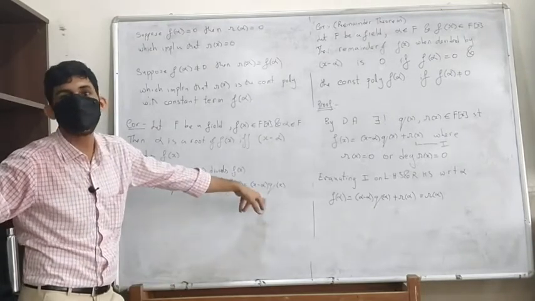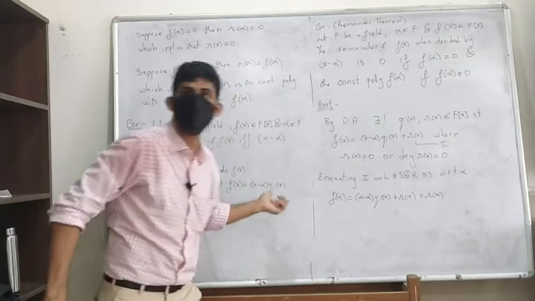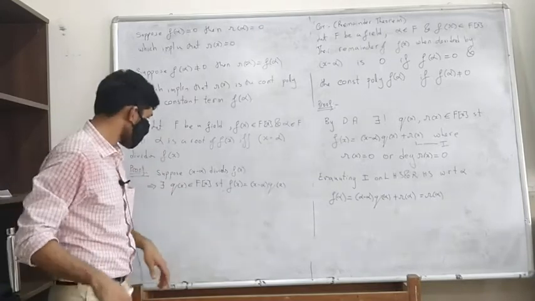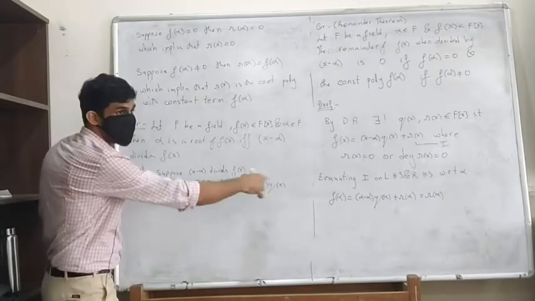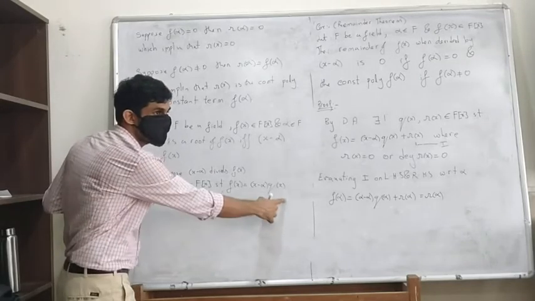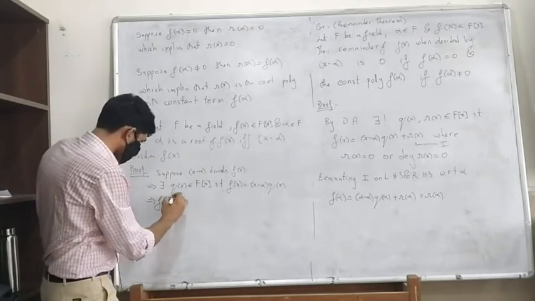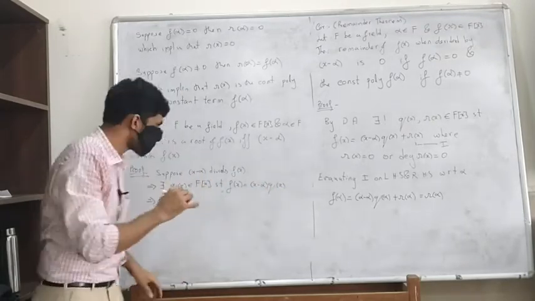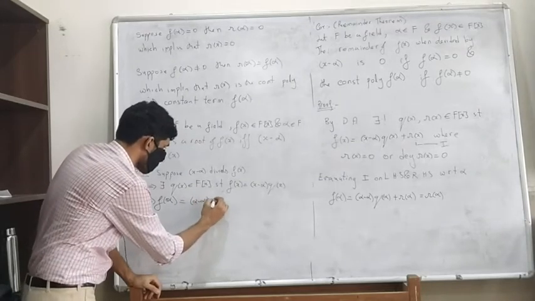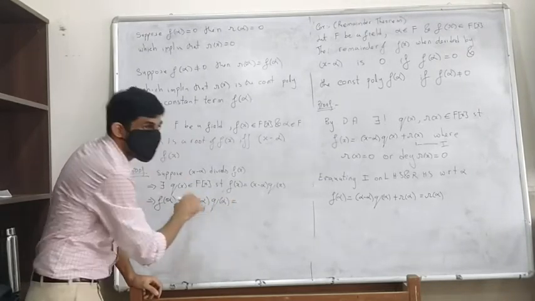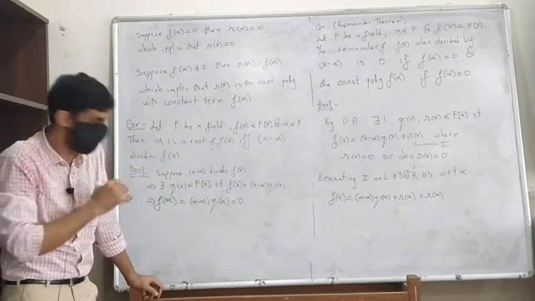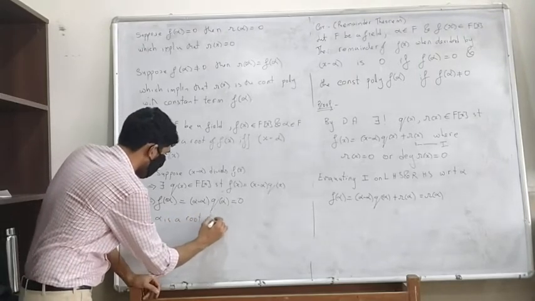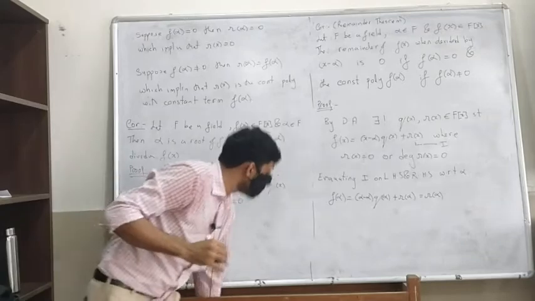Again you can see that we are using the fact that the evaluation map is a homomorphism because of the product. So evaluating on both sides, we will get f of alpha, but phi alpha of the product is phi alpha of this into phi alpha of that. So that is going to be alpha minus alpha times q of alpha. Alpha minus alpha is 0, so this is going to be 0. Therefore this tells me that alpha is a root of f of x.